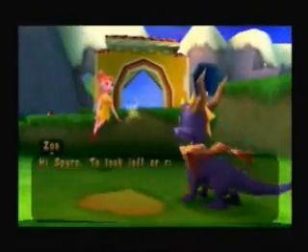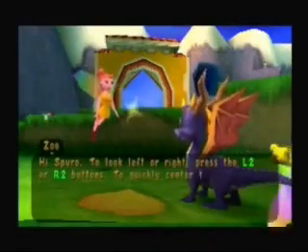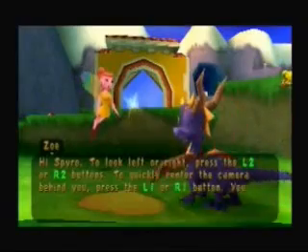To look left or right, press the L2 or R2 buttons. To quickly center the camera behind you, press the L1 or R1 button. You can look...